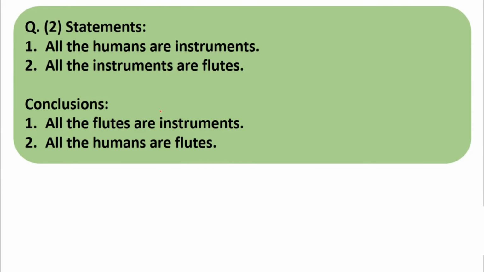Over here again, conclusion. This is a normal sum with the income expense method. Statement: all means donate 150 based on the table. All means 150, all again 150. Here all flutes are instruments, flute and instrument. Instrument income 100, instrument expenditure 50. The condition has to be income greater than or equal to expense. Satisfied. Here flute income 50, flute expenditure 100. Condition not satisfied, so not a valid conclusion.